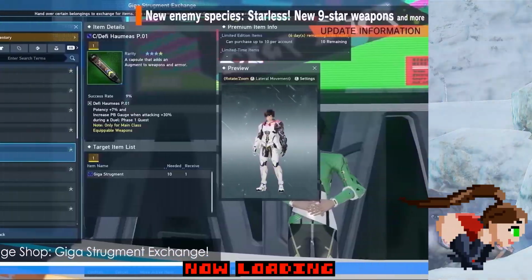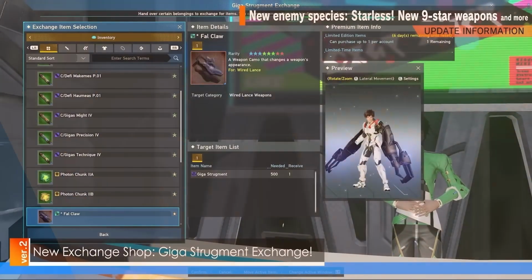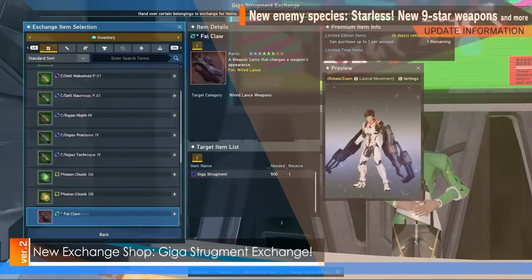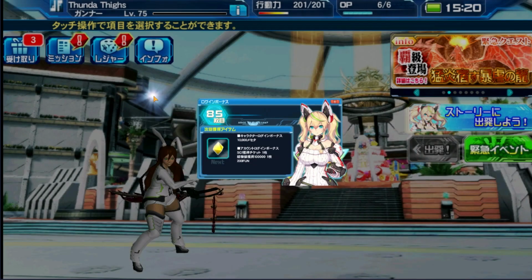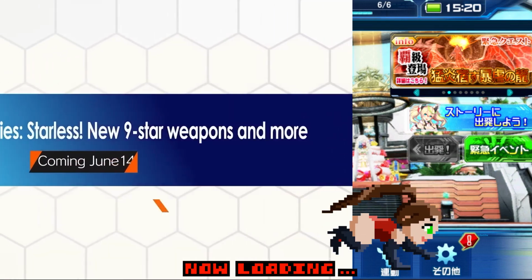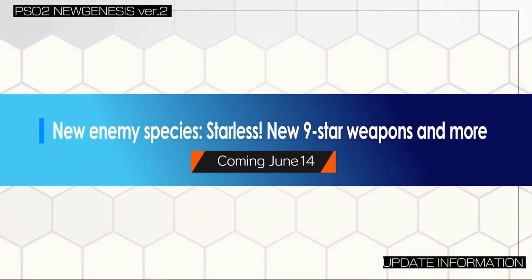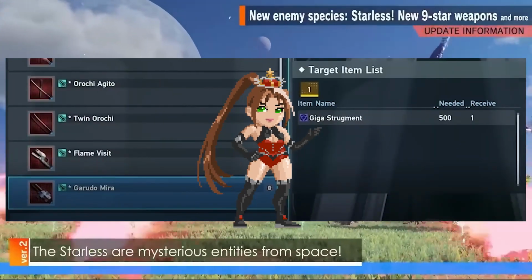Recently in the headline, SEGA showed that we will be getting a new Giga Strugment Exchange shop releasing on June 14th. There's some really awesome looking camos being added to global for the very first time. These were originally locked to the mobile game PSO2 ES on the Japanese servers. I wanted to go ahead and showcase all 8 of these camos for y'all in NGS, helping you decide which one to get because the cost for the camos is pretty high, coming in at 500 strug, and that's just